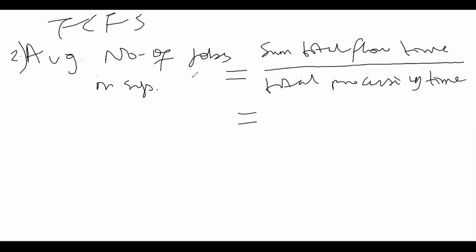So remember that our sum of total flow time gave us 409, and our total processing time was 110 for all jobs, which gave us